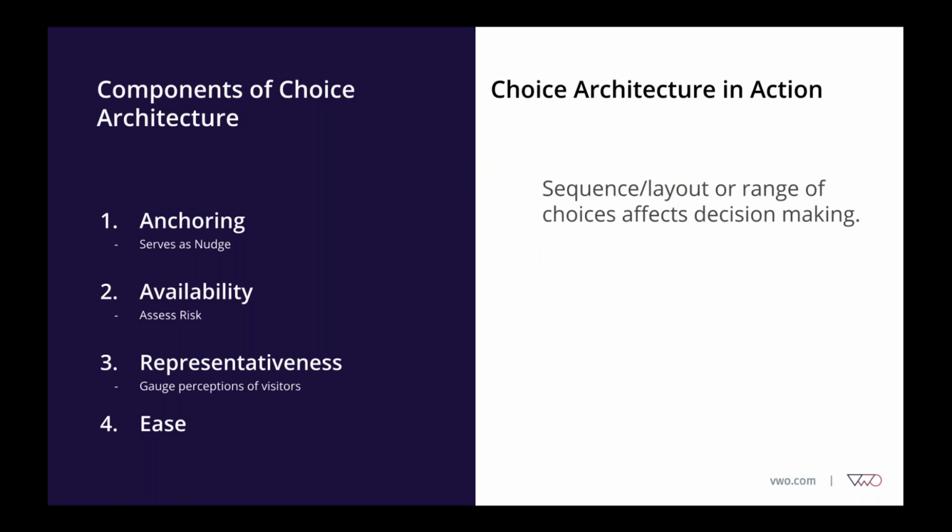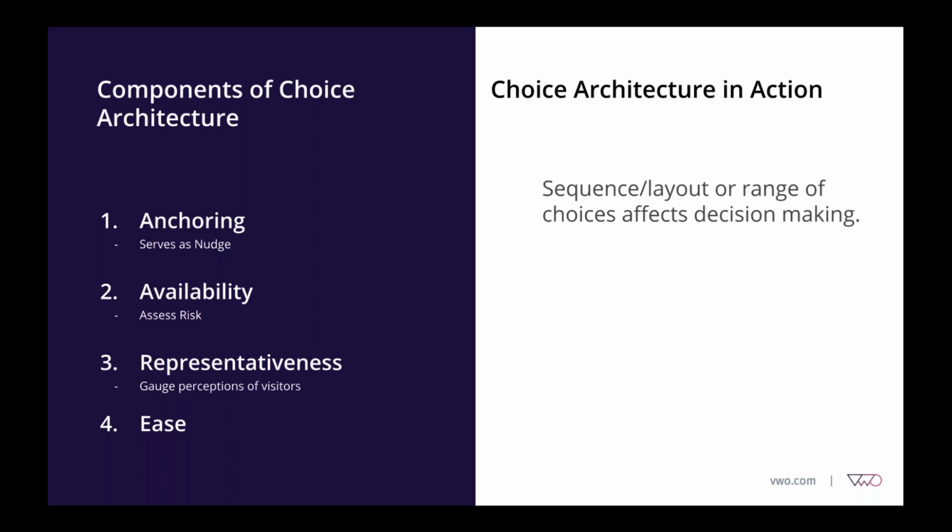Another component of behavior economics, which businesses usually use on their website, is the choice architecture. The choice architecture is basically sequencing and laying out of the different ranges of choices. Julian kind of covered it extensively in his course presentation. The choice architecture has three to four different factors in terms of building a framework.